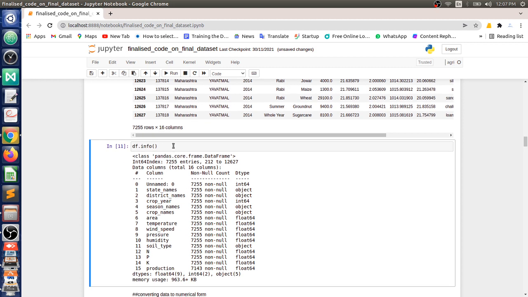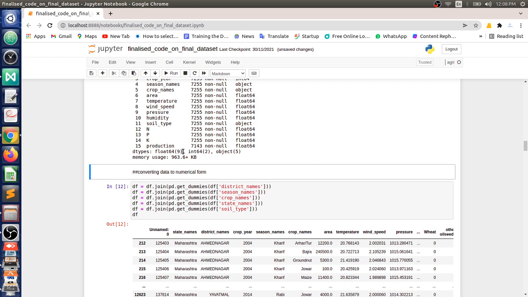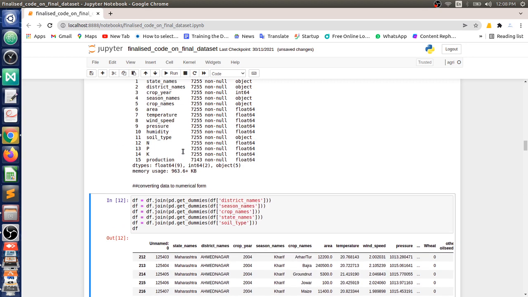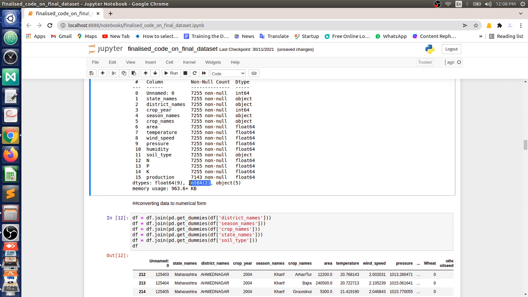Here you can see again I am checking the data frame info. I am doing this again and again because I just want to know if there are any changes, like anything wrong that happened in my data set. As I mentioned, there are 9 floats, 2 ints, and 5 objects.